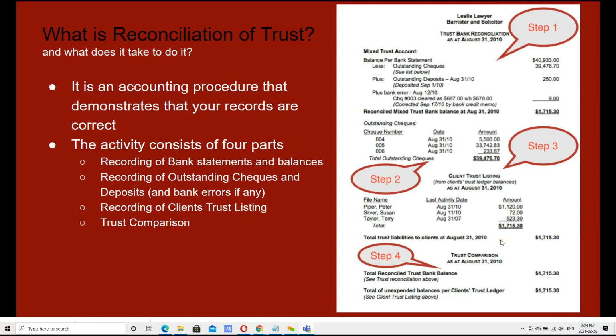Because a total summation of all your client's trust balance is really what should sum up to your overall reconciled bank balance as well, right? After all the pluses and minuses. That's why the 1700 needs to match. The fourth step is exactly that,